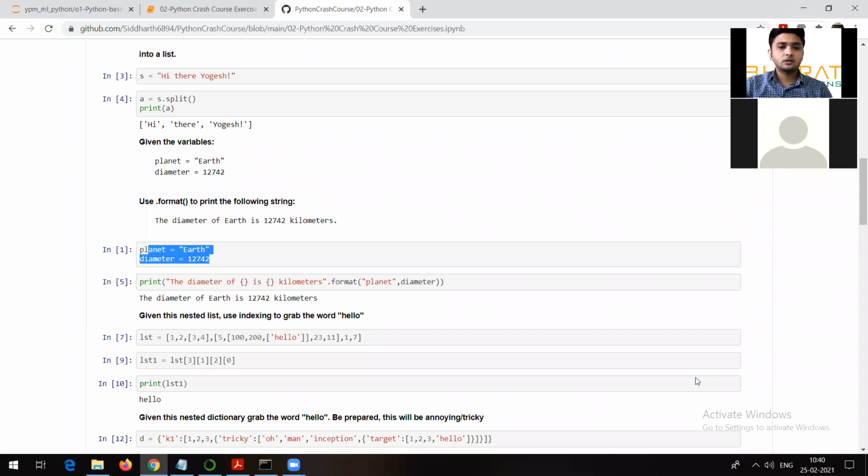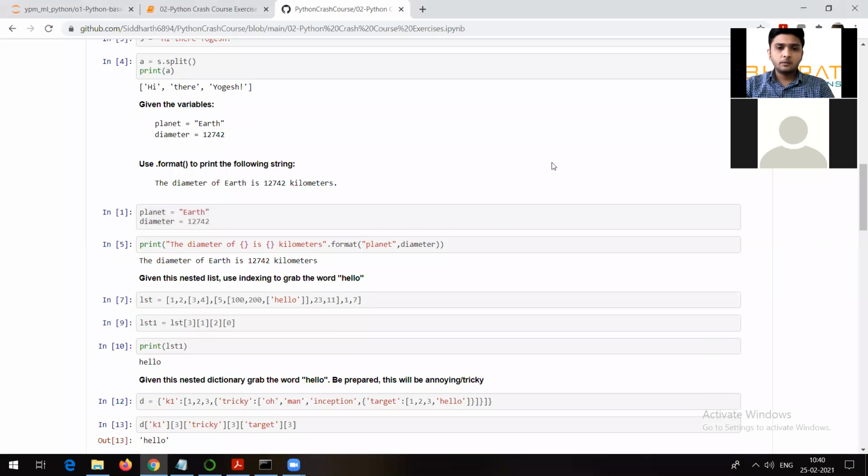Pooja is asking, please explain the last question. Okay, given a string, print number extracting all the digits. Yes, I will explain that, Omkar. No problem. One by one, we will try to see the questions, and then I will move to the next topic.